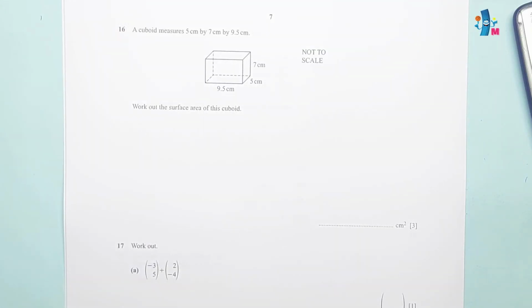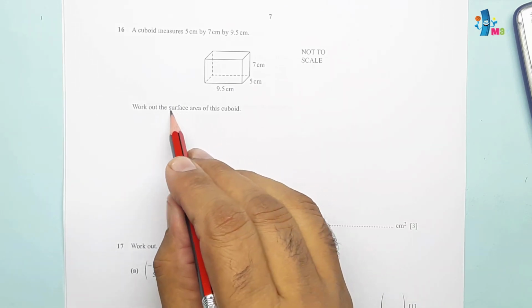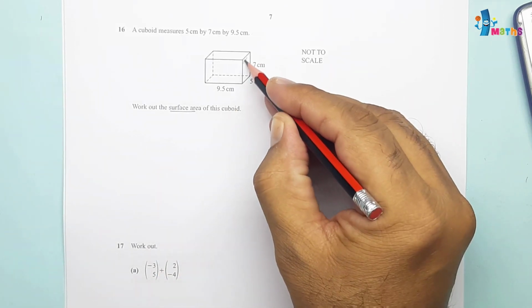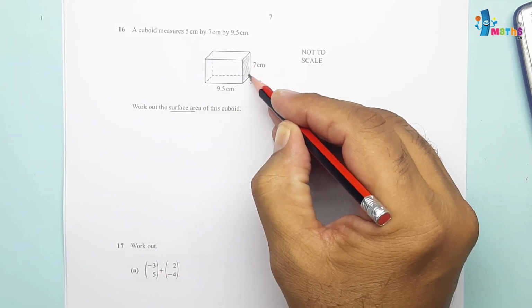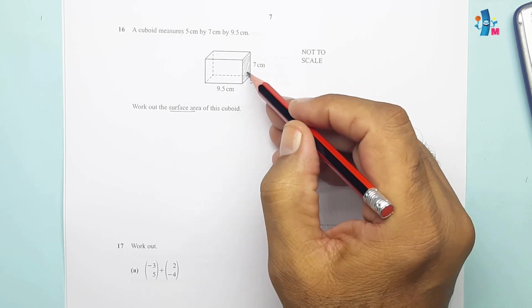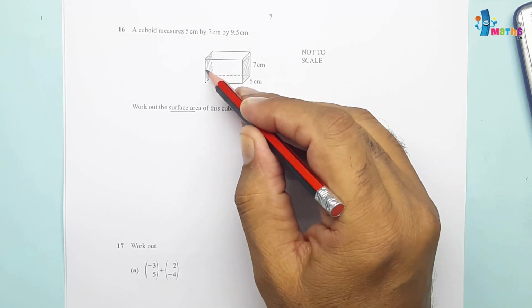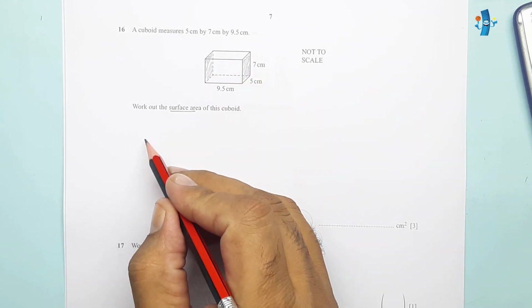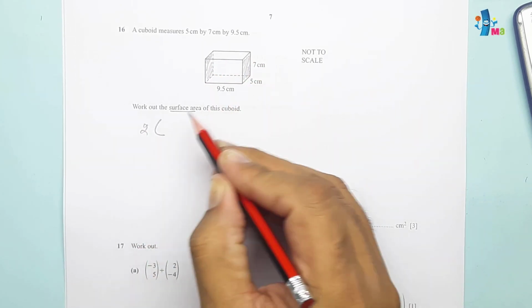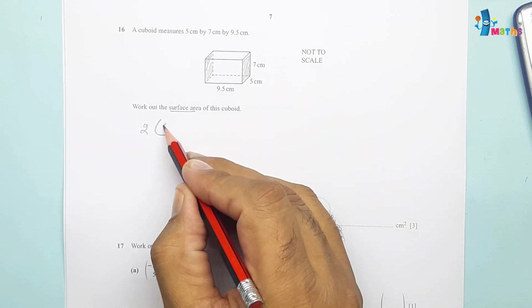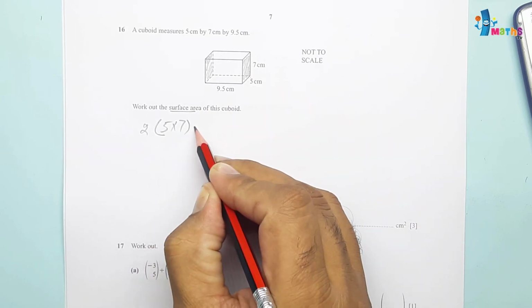Question number 16. A cuboid measures 5 centimeters by 7 centimeters by 9.5 centimeters. Work out the surface area. So what we can do, we can take this side, and the opposite side, which is over here. So these two opposite sides will be 2 into 5 multiplied by 7,